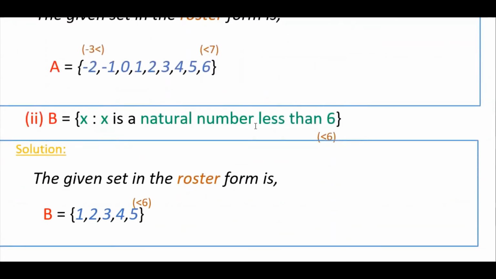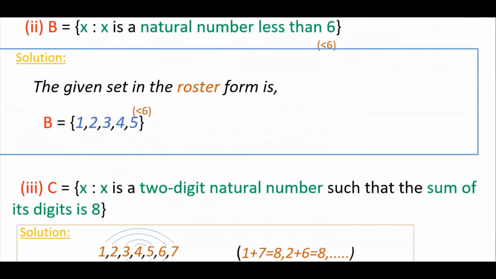x such that x is a natural number less than 6. So here x is a natural number. So write in the roster form B, where x is less than 6. The natural numbers which are less than 6 are 1, 2, 3, 4, 5. So write like this. And third one,